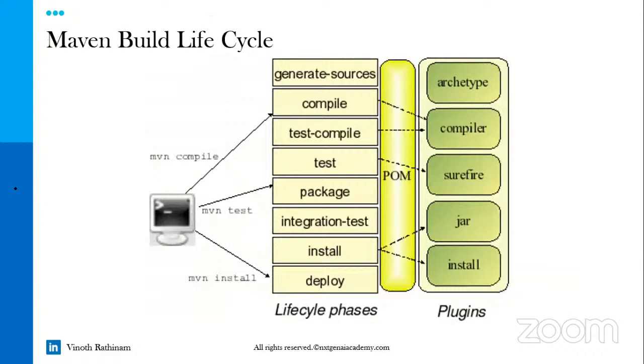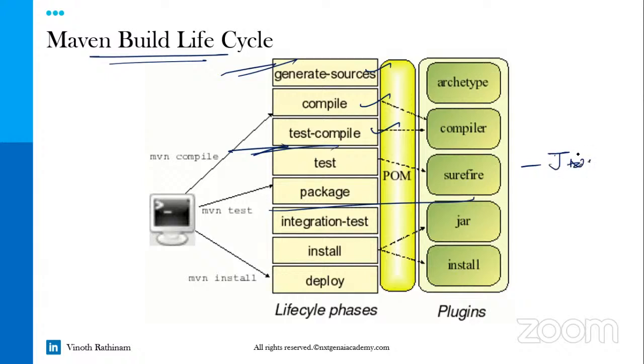This slide, if I explain it now, you will not get it. After seeing it practically it will come together, but you must know the build lifecycle. Just now I said the same thing. What we will do: generate the source code, compile it, and test it. This is done by the development team. Mostly they compile, and if everything is fine, you want to do testing. Testing means unit testing.